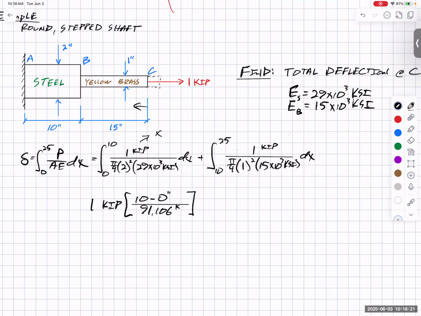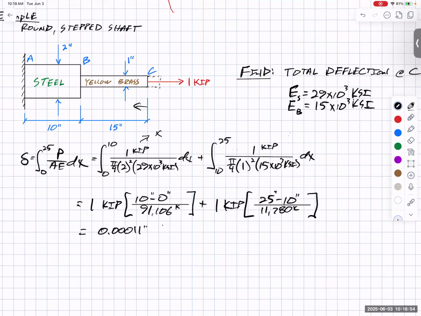And then for my other one, plus I have that one kip load. I was going to pull it out of both, but I forgot. Whatever. And then I have 25 inches minus 10 inches for those limits of integration, divided by, if I do pi over 4, 1 squared times 15 times 10 to the third, I ended up with 11,780 kips. Cool. So then if I went ahead and did my algebra correctly, I end up with 0.00011 inches for